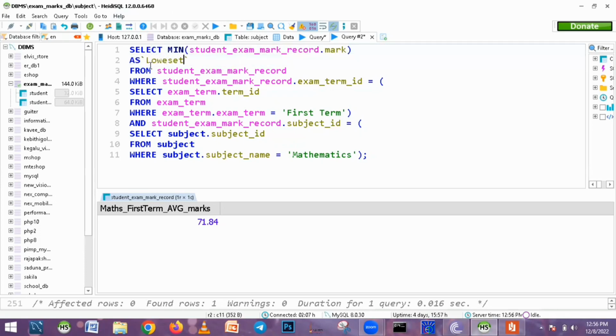Lowest for science, the bracket doing science in 11A. Okay. We need to get those details from the student exam mark record table, and I need to find the